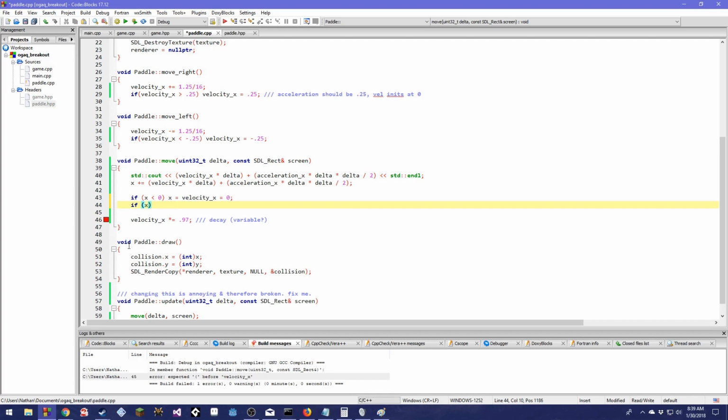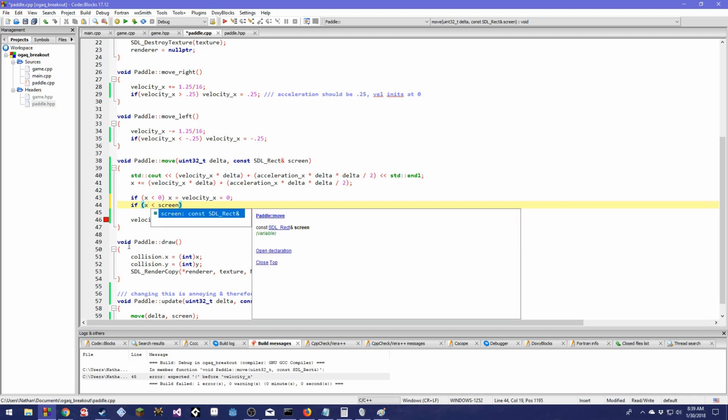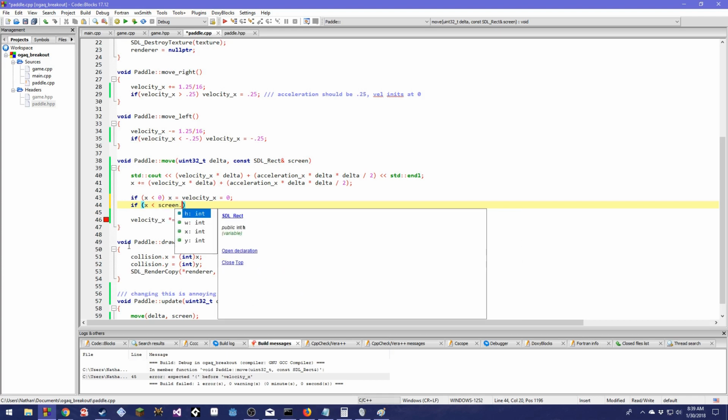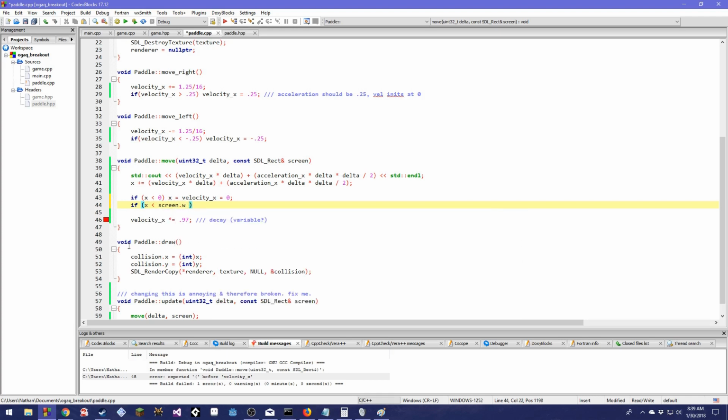If X is less than screen dot width minus collision dot width,